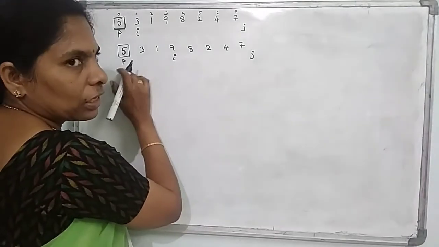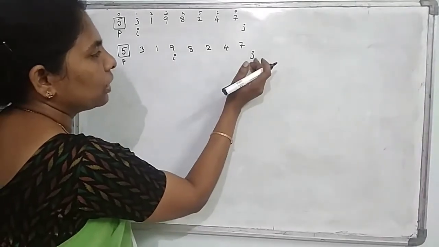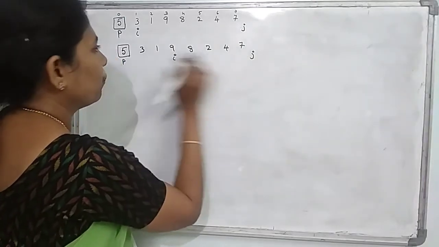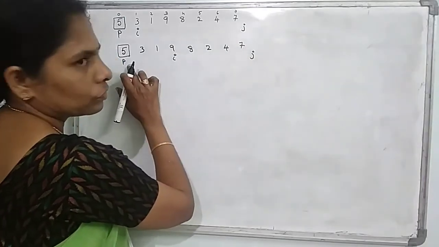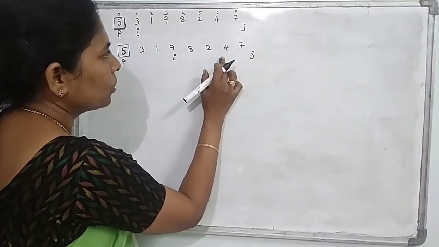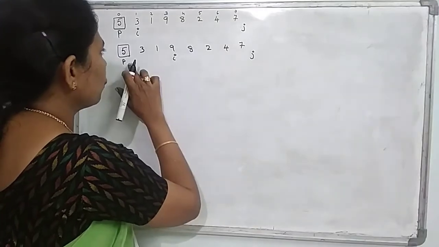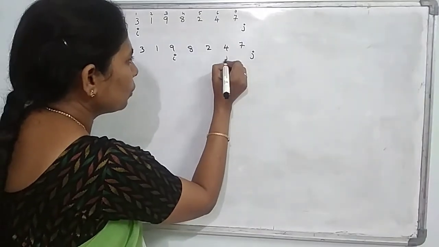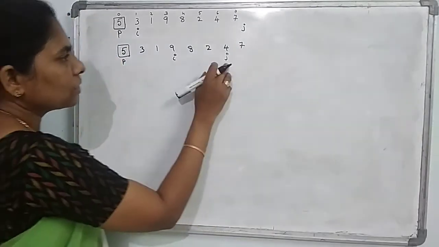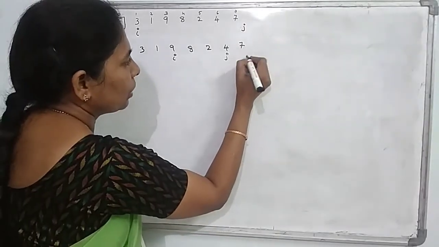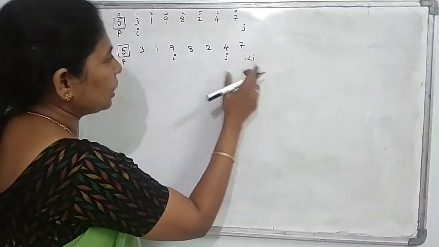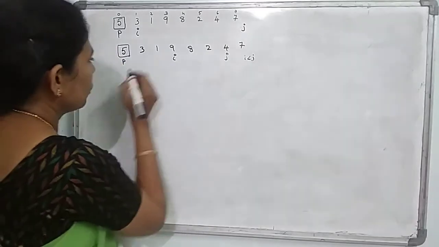So this is the left to right scan. Now you can decrement J equal to J minus 1 and compare J with the 5. J greater than 5, so it will skip the element. Now come to this one. J less than 5, so now you can move J to this position. So in that case I is less than J. So whenever I is less than J, then you can swap these two elements.